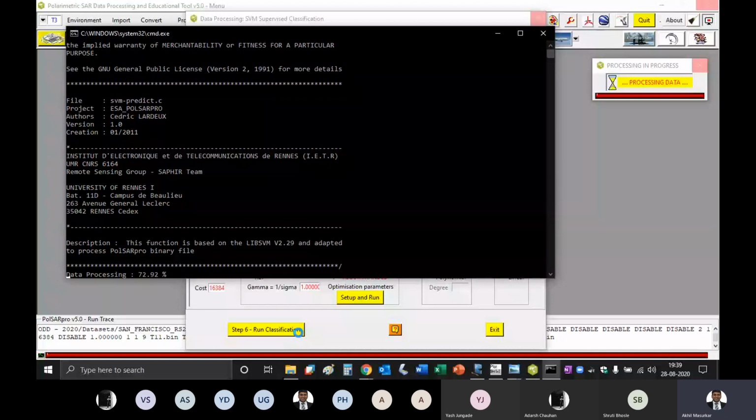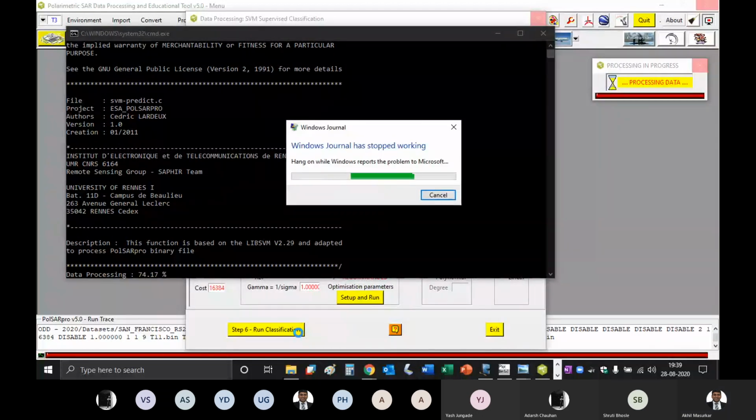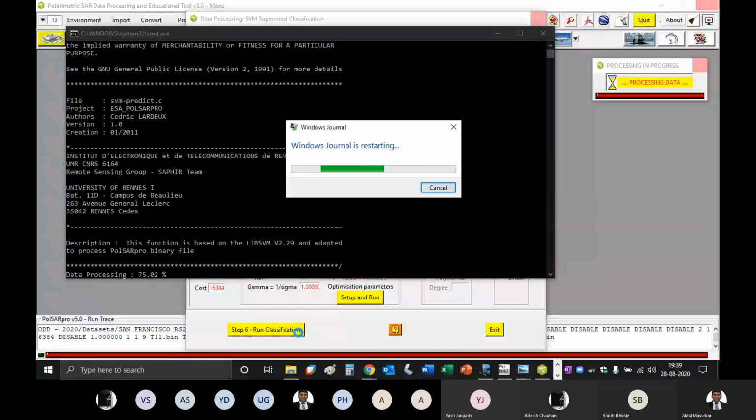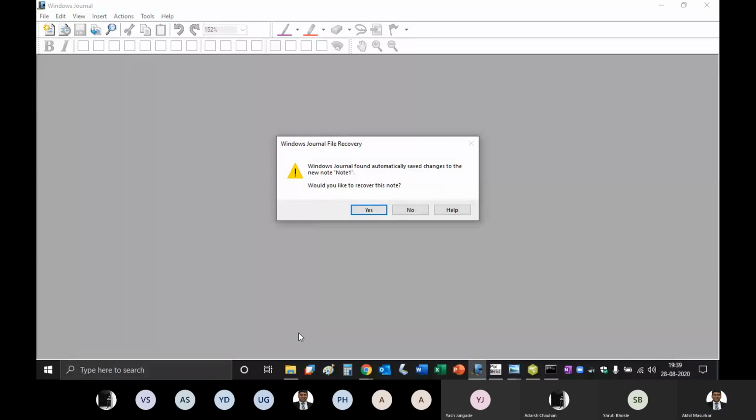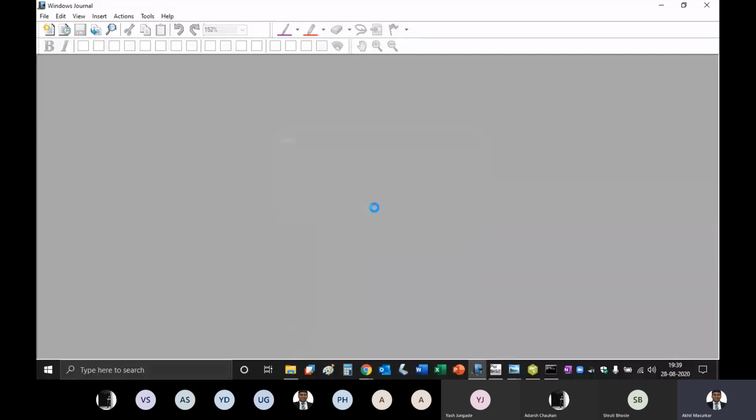So which image are you using? You select SLC. SLC. Sir, version? Version, you can select the first one.